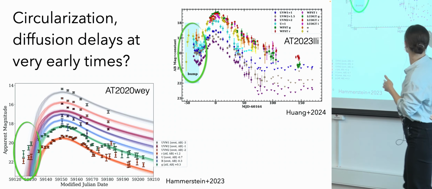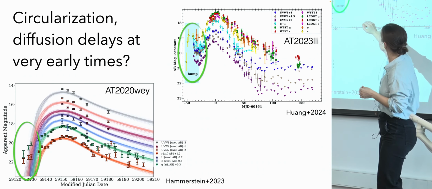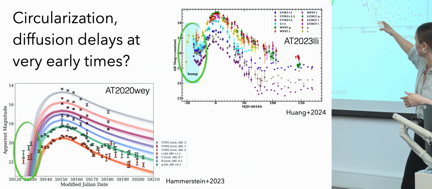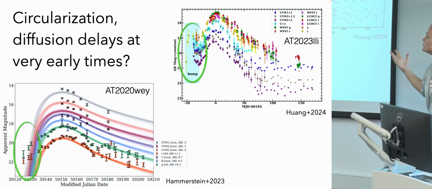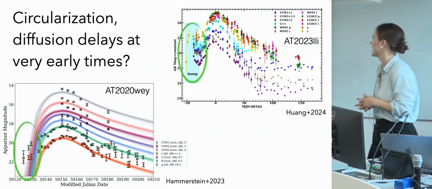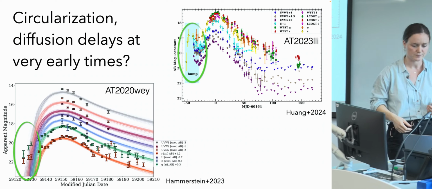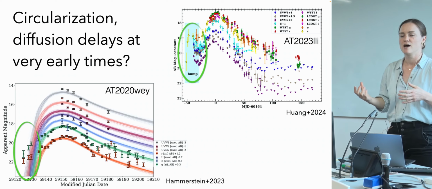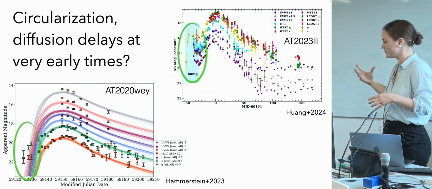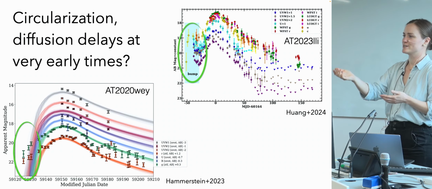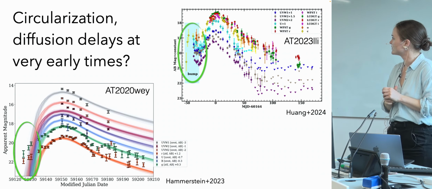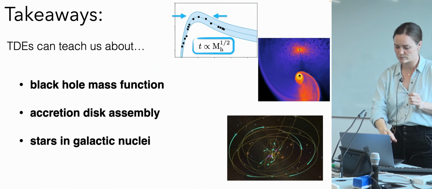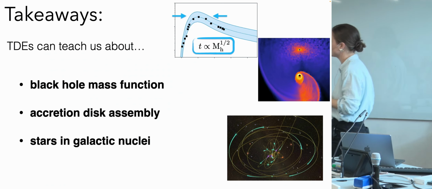This very recent event, this paper literally came out, I think, the last couple of weeks, finds an early time bump in the light curve that's pretty bright compared to the peak, and maybe could be from some early stream collisions or something like that if you have a more extended circularization process. So we're finding all of this new data, and it's really time for us to improve and build upon our models. So it's great. And do some of the things that, for example, Fitz is doing, and more carefully model the physics, but there's certainly plenty to do. And I think I'm running out of time, so I'll just leave with the takeaways,